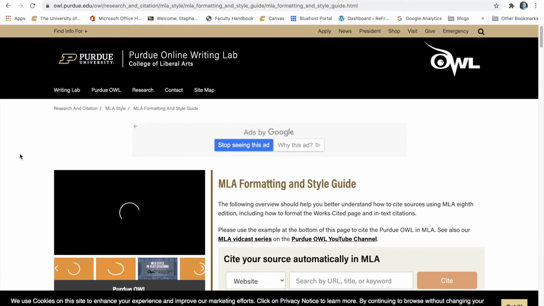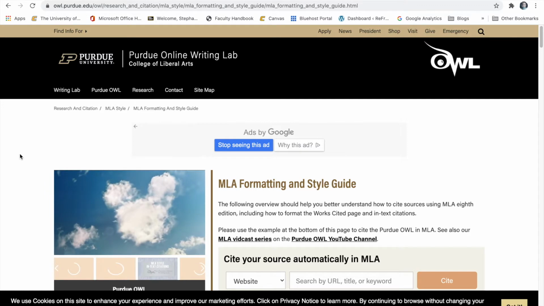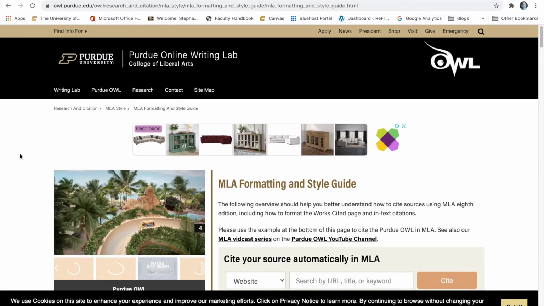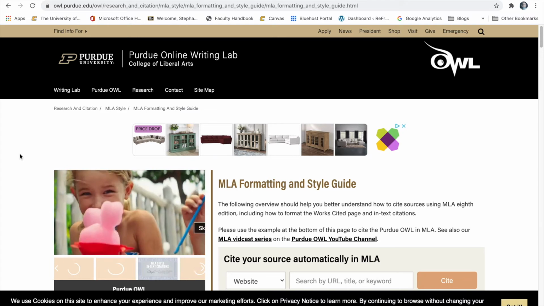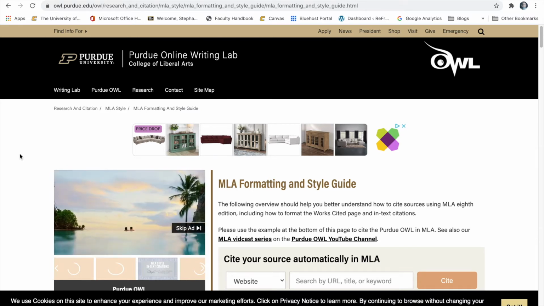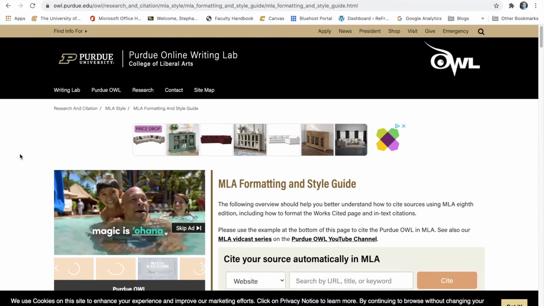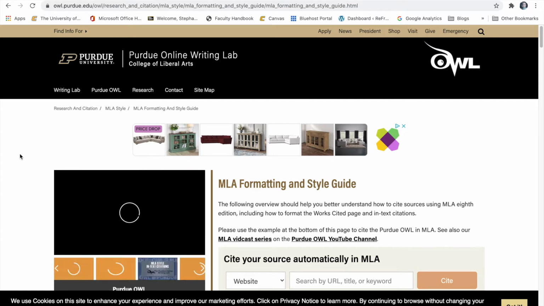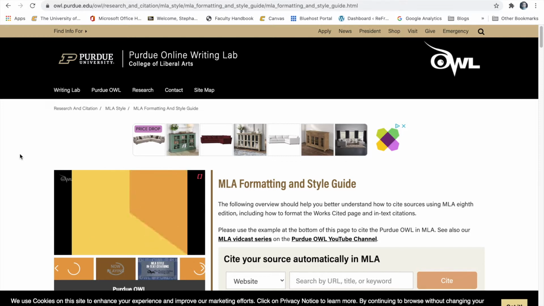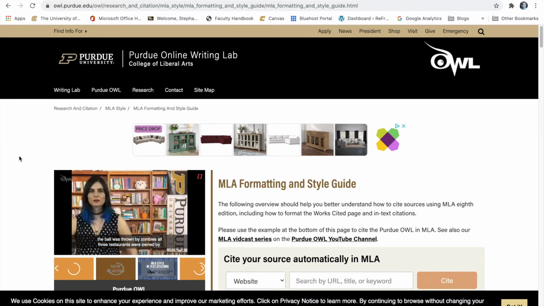So I'm going to go over the two most common types of sources that I see in bibliographies, which are electronic sources, a page on a website, such as a CNN article or an article from Reuters, and the other type of common source, which is an article from an academic journal or peer-reviewed journal that you found through a database. So here are the ways that you cite those,